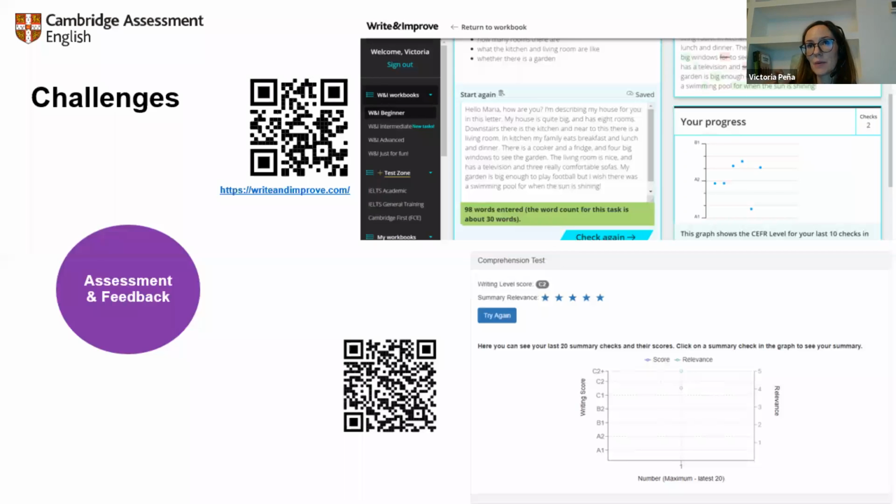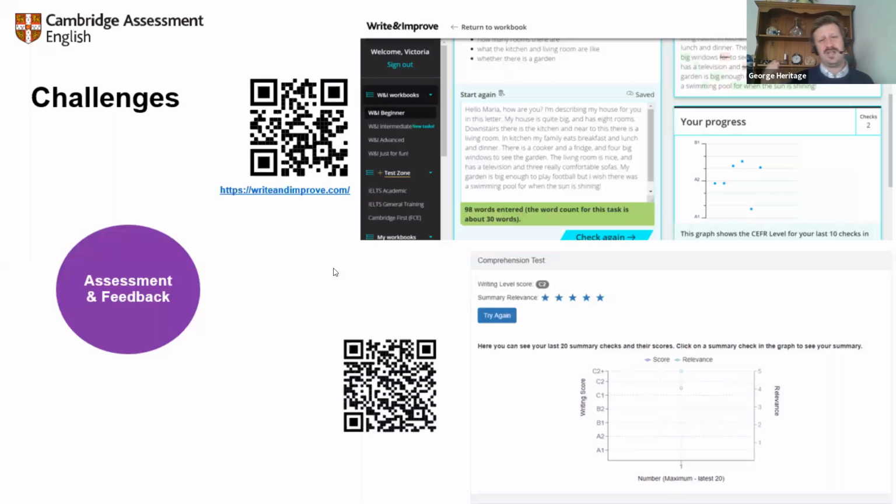They get guidance. So it's not that we are going to correct the mistakes for them. We're just going to point out that there is something that is not working well, and it is their responsibility to make the piece of writing better, to improve it, following the aspects that have been pointed out, and then they can resubmit their piece of writing and see how they are making progress. See how they've improved. And yes, it is free.